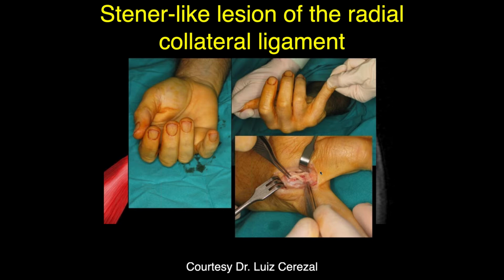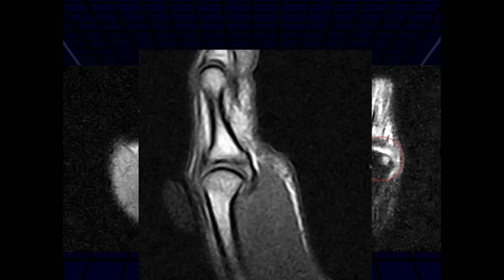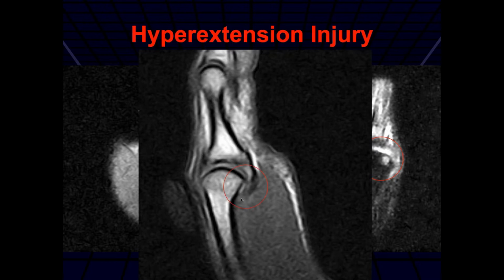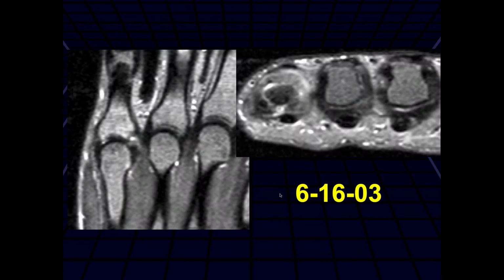When they're like this, my experience is that they're usually fixed. Though some surgeons are a little bit more aggressive and will even fix some that don't have the yo-yo sign on them. Here's someone who also had injury, and we can see a little traumatic cyst involving the subchondral bone there after trauma, a little bit of an injury to the proximal origin, and that was a hyperextension injury. Here's an old fracture dislocation where we're getting some degenerative changes which are developing. Okay, and then here,